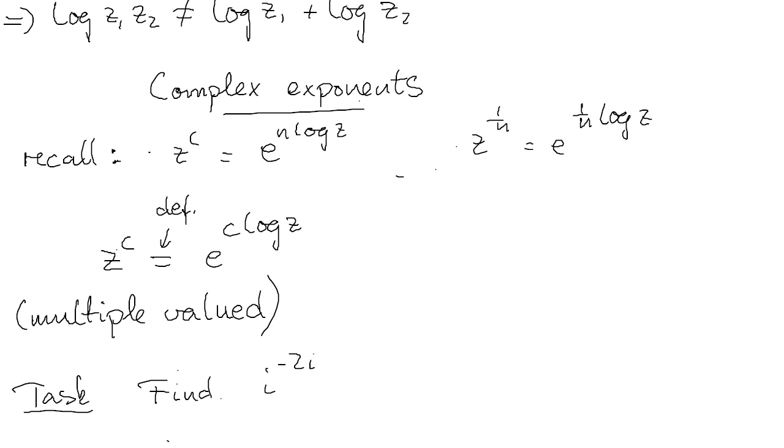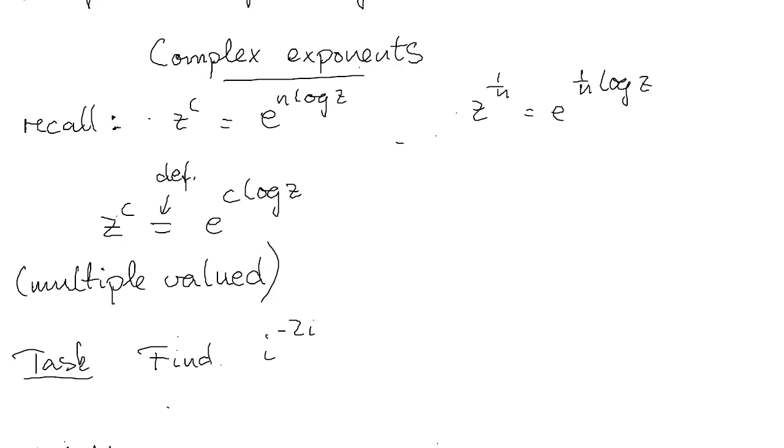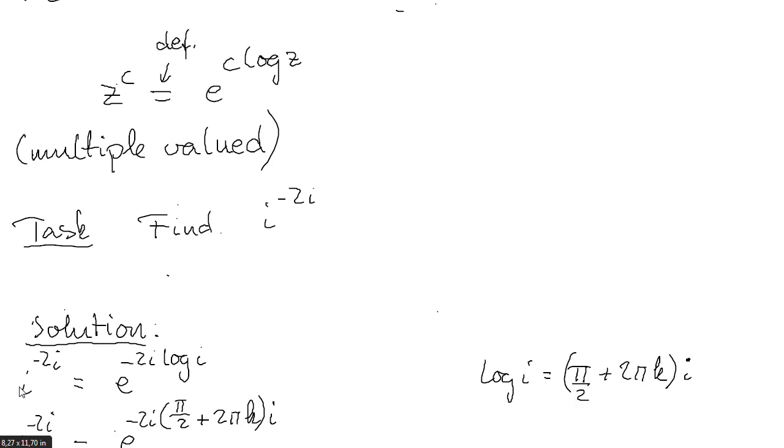So let's give an example of this. Find i to the power of minus 2i. What's that? Well, we know from this formula, the definition of what this means, that we should have i to the power of minus 2i is equal to, we just replace in this definition c with minus 2i, and z is in this case i. So we just have that this number is defined in the following way,